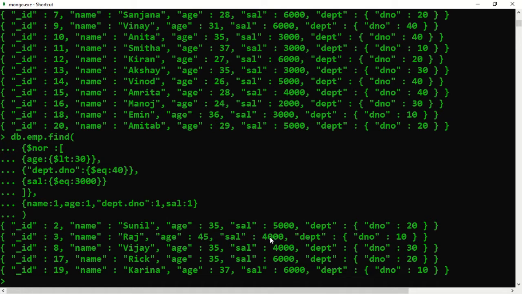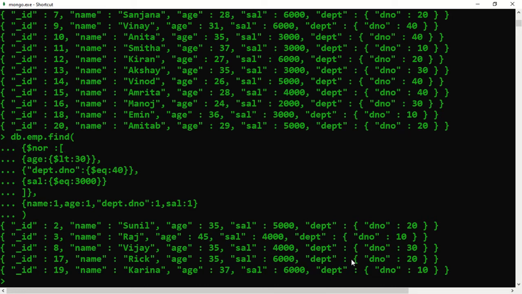The salary was 3000 in the condition, but now it is not equal to 3000, maybe 4000. And the age should not be less than 30; here the age is 45. So the opposite of all those 3 conditions is called NOR.